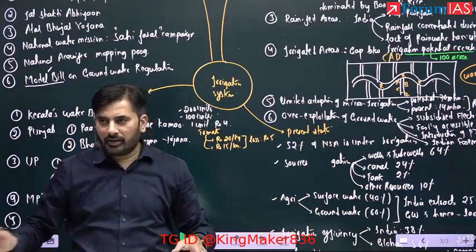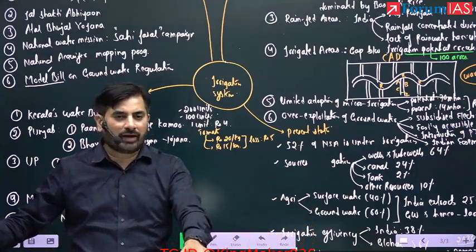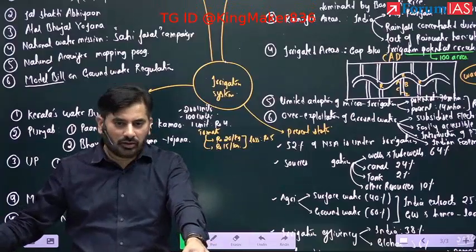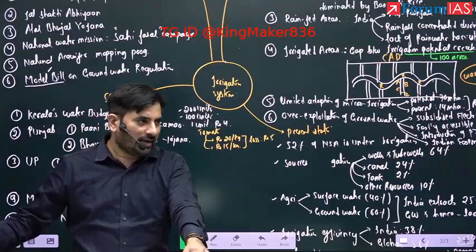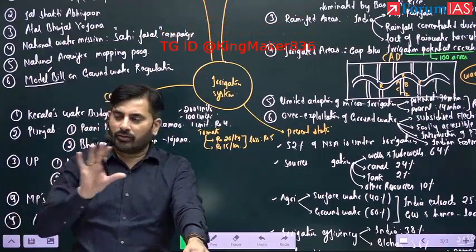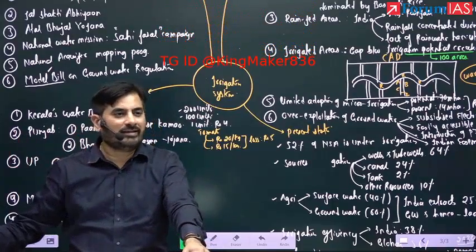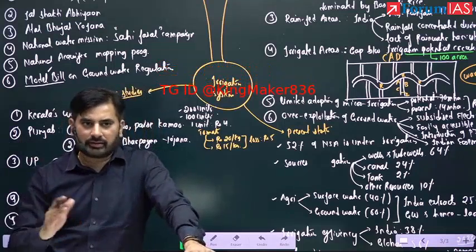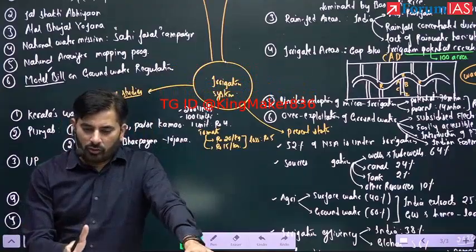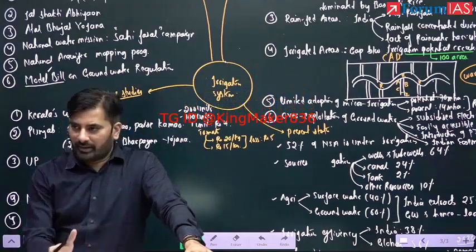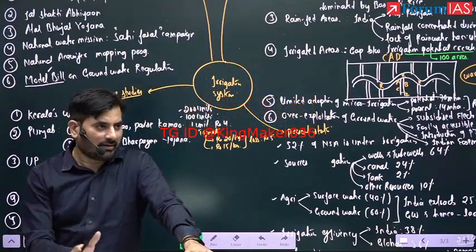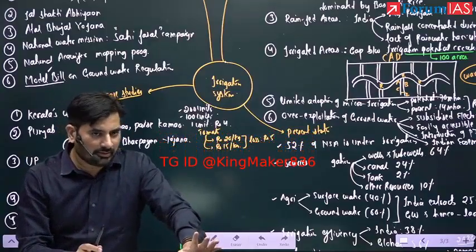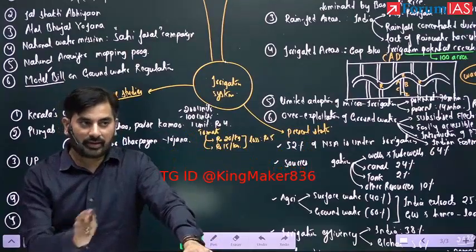Why it is beneficial is if you give subsidized electricity to the farmer 24 into 7, he will use that subsidized electricity for groundwater. So instead of giving electricity 24 into 7, give him electricity only for 4 to 5 hours in a single day. You must have seen these days, if you go to agriculture fields, the farmer will know for sure that electricity will come in this hour only during this particular time period. That is what is separation of feeder line. Clear with that? So these are the demand side strategies. Next one.